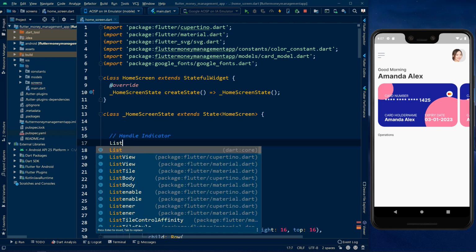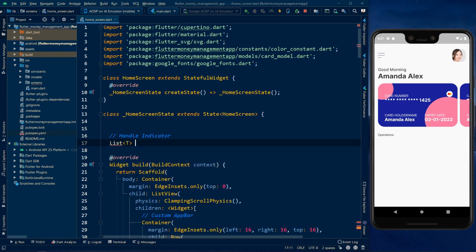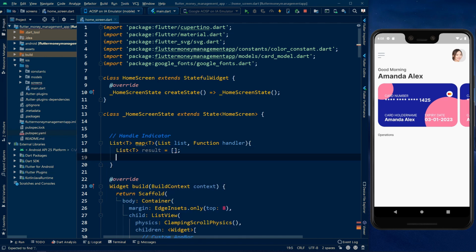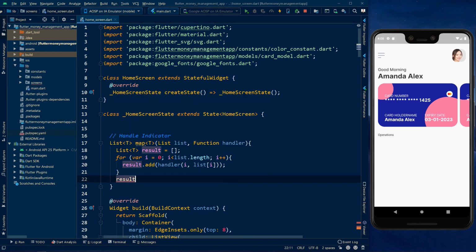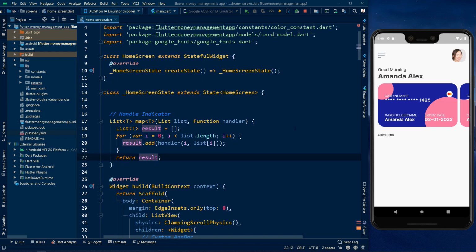And we use a list of the object. And we say map and we use list. So this we use for our indicator, which is we use list, and it will create for us as many